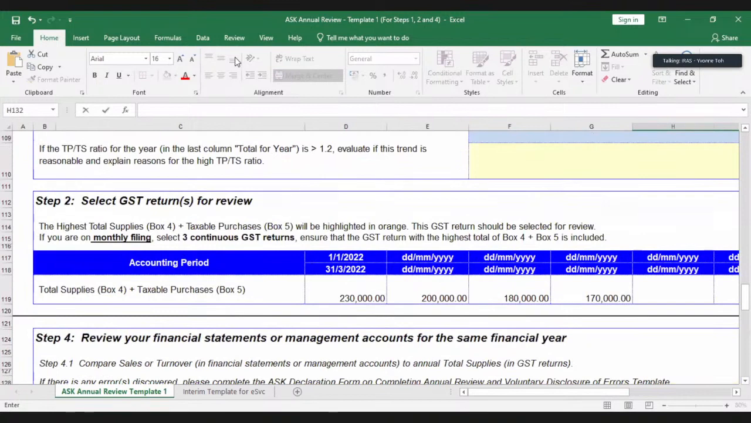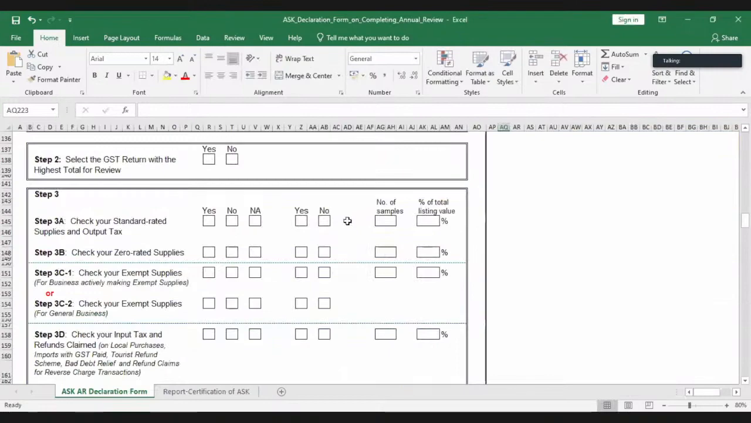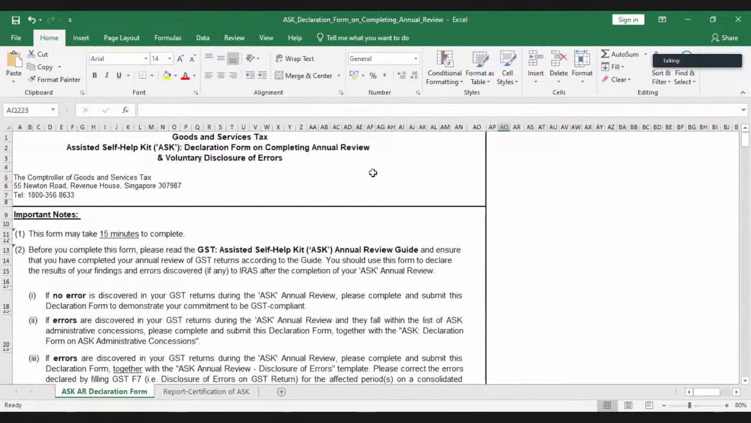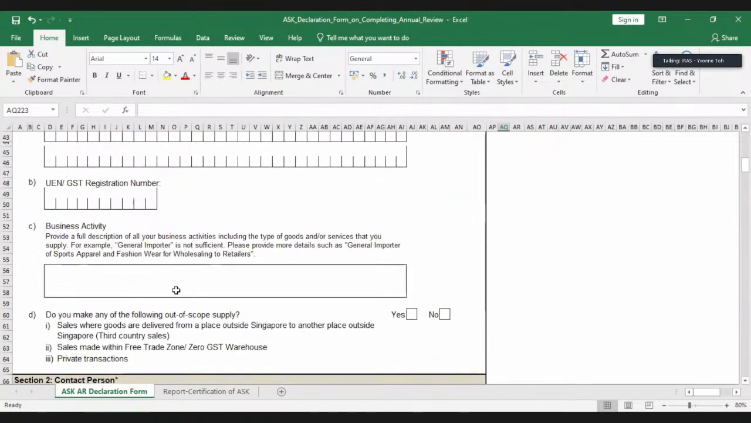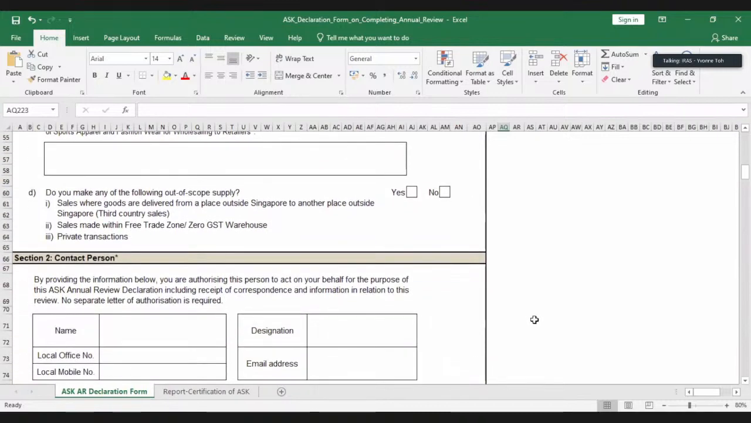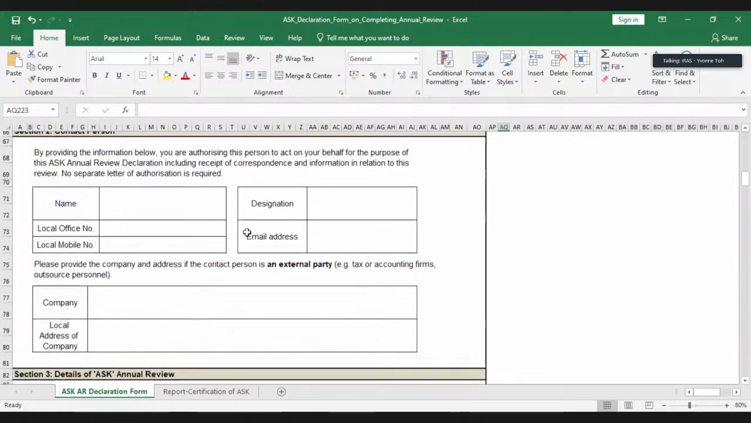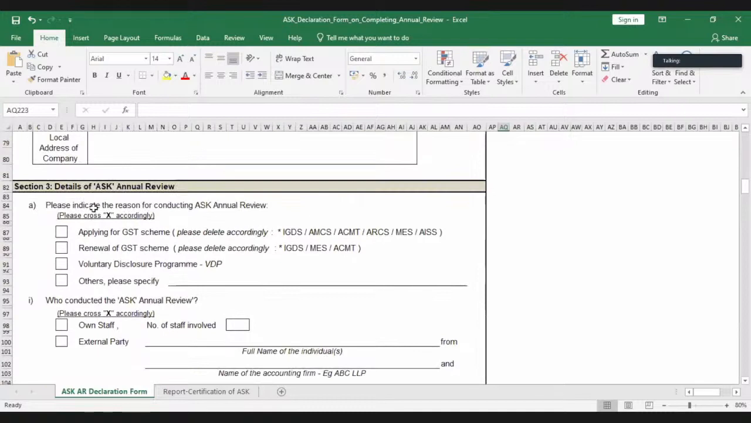Okay, let me go on to the declaration form. So this is the declaration form to declare that you have performed this review and whether there's any error that you want to declare to us. So same thing, you fill in the particulars, your business activity, did you make any out of scope supply, and so on and so forth. Then provide us the contact person and the details of your review,